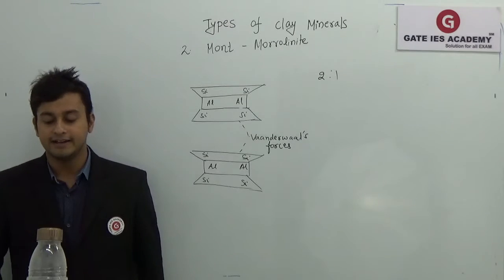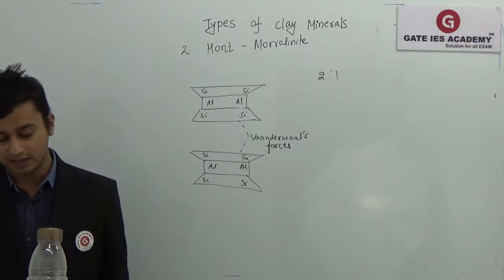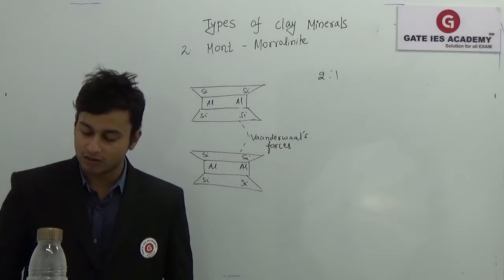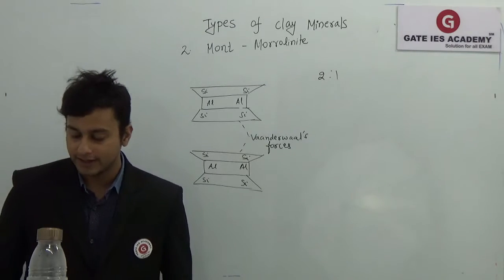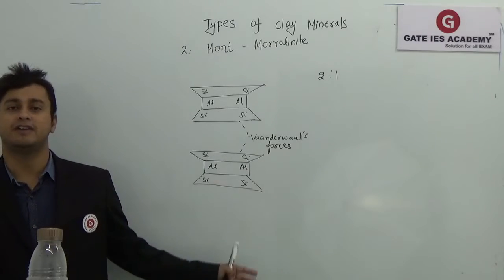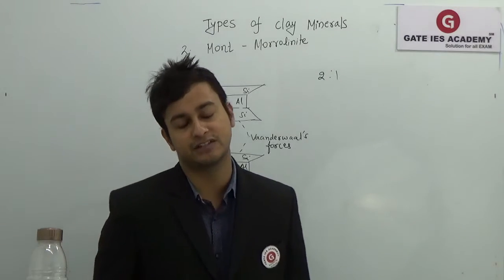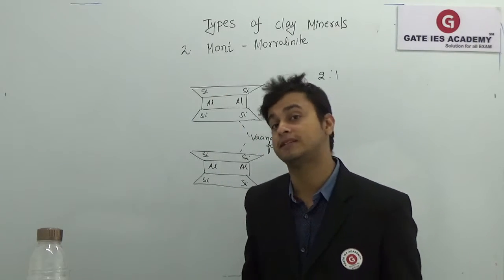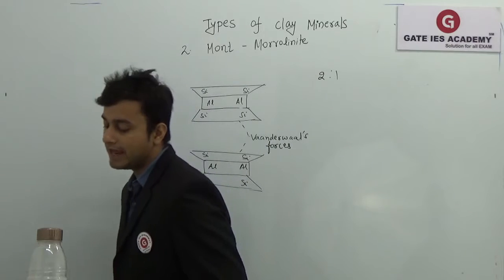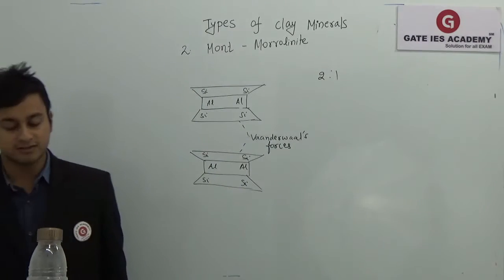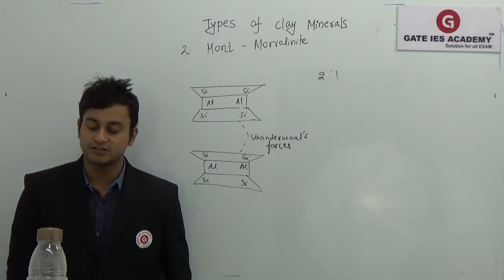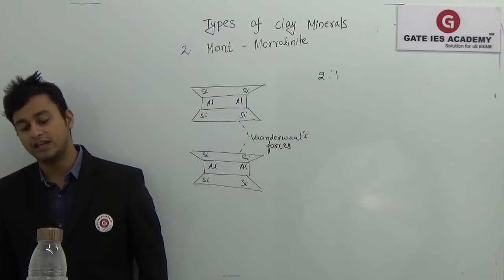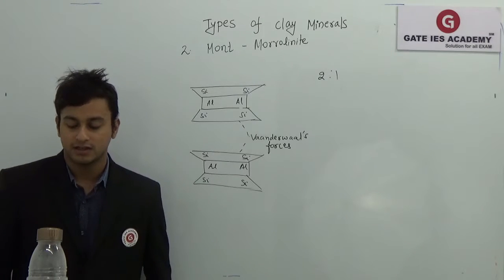Write down. It is a 2:1 clay mineral. Full stop. Montmorillonite has the largest specific surface. Why? Because the more the water in the system, the more the specific surface. Then write down, bonding forces between the units. Bonding forces between the units is weak van der Waals forces,